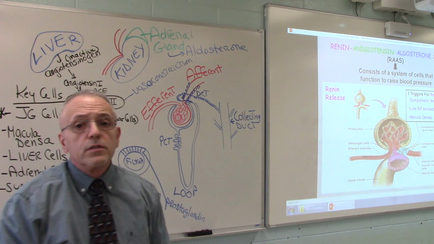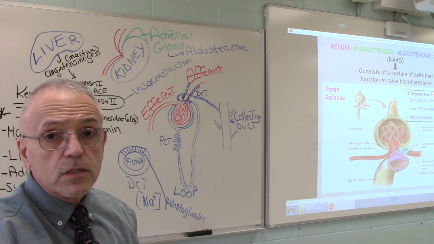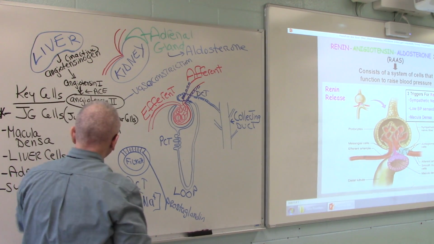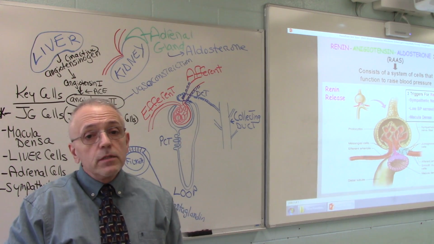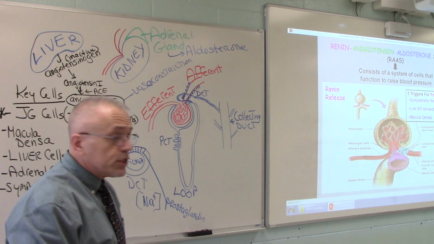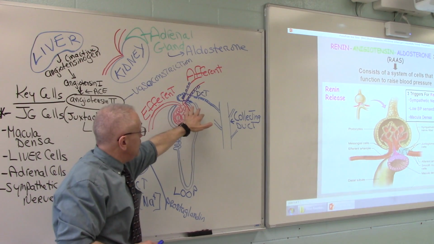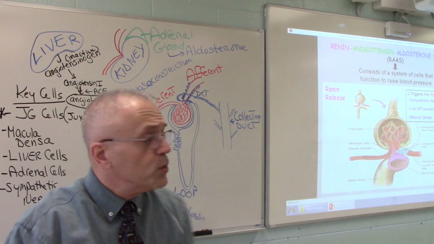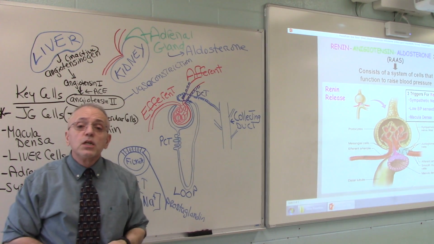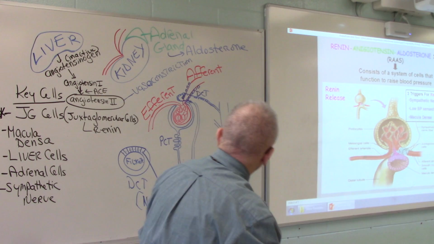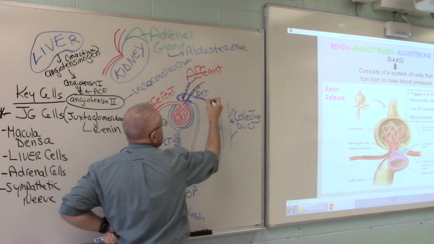Aldosterone, that's the third substance in this RAAS system. Aldosterone is a hormone. It's going to travel in the blood, just like other hormones, and its target cells are in the kidneys. In fact, it's in a portion of the distal convoluted tubule and the collecting duct, where it influences sodium reabsorption. So aldosterone will travel via the blood to the kidneys, and it will meet up with its target cells,